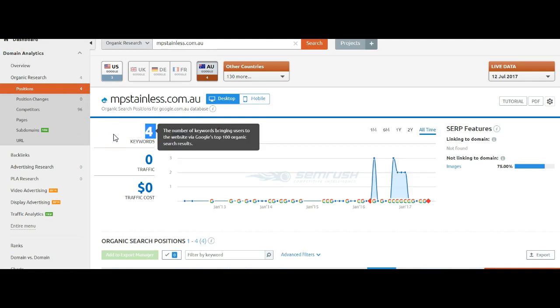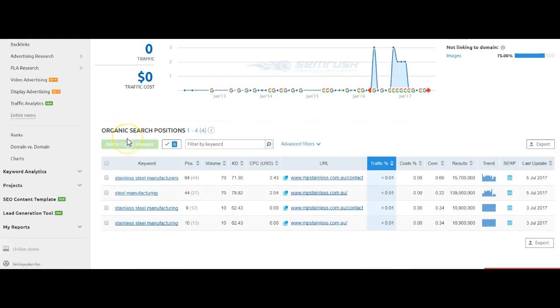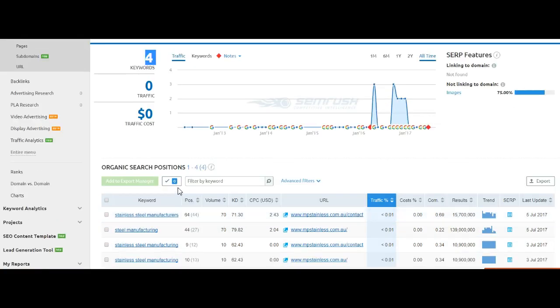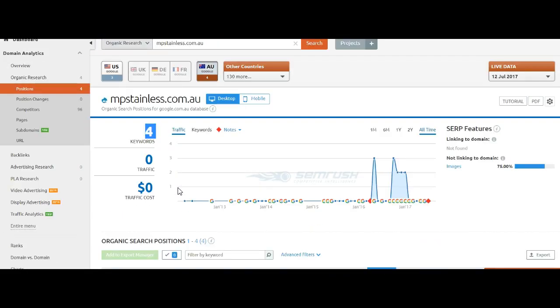We're being told that you have 4 keywords. That's a terribly low number. And these are the keywords, and they're basically variations on the same thing, which is important, but we need way more than that when we start doing the content. So what I'll do is